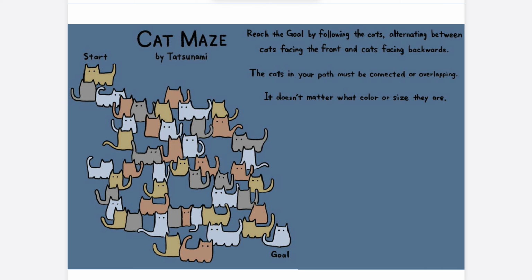Unless I miscounted something, I don't think you could, because if you go from the goal backwards, it ends up being blocked off at every stage. So is everyone else stuck? So let me retrace your thoughts. You're saying if you started here at the last cat,